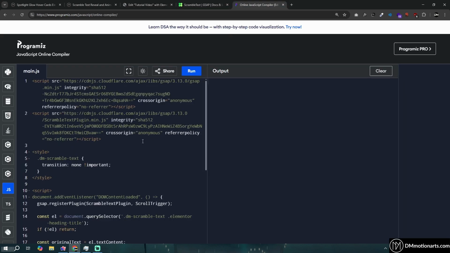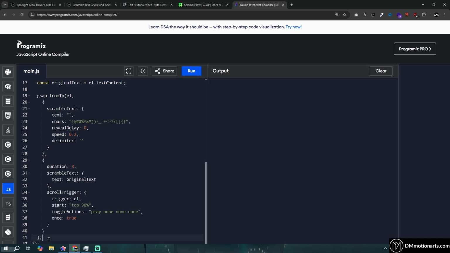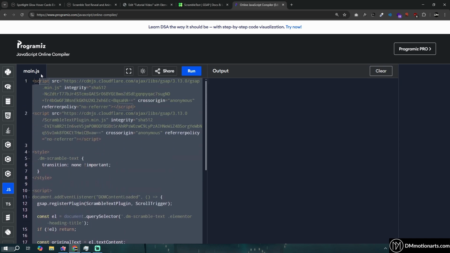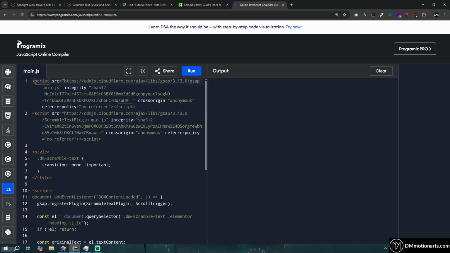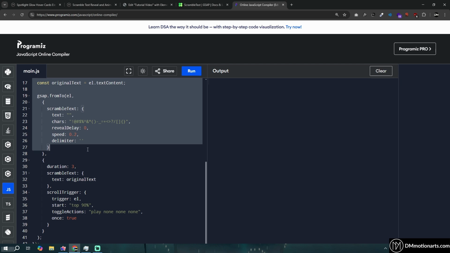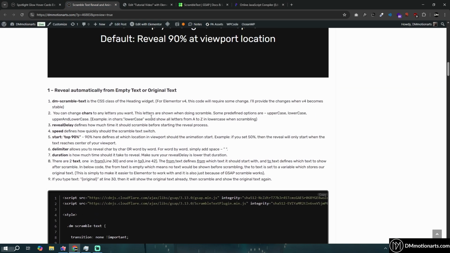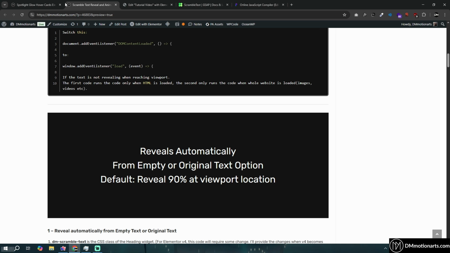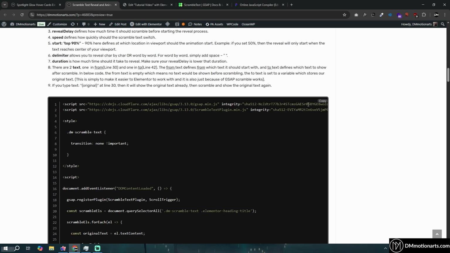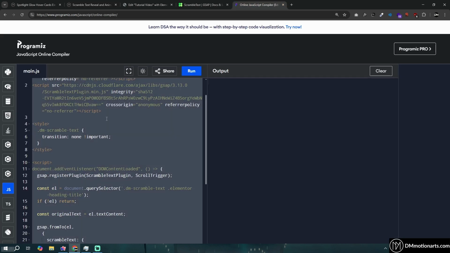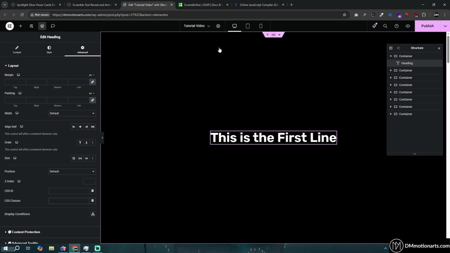Now this is the most basic code, and this basic code would be available in the comment section because I cannot paste it in the description. But check the pinned comment, and this one would be the most basic one. And then for the bigger one, bigger effects, everything would be on my website, so that you could just copy paste. So let's copy this and then add it in an HTML widget